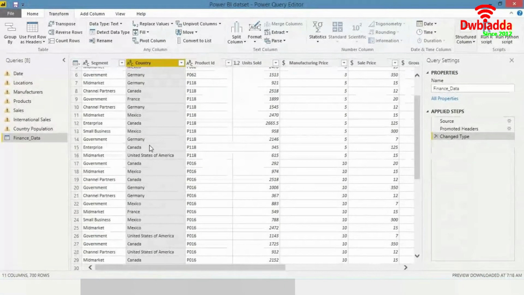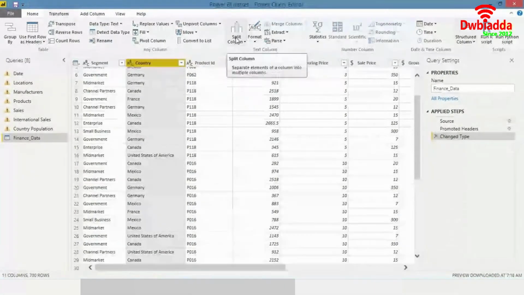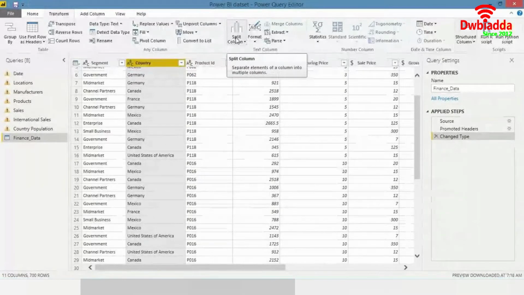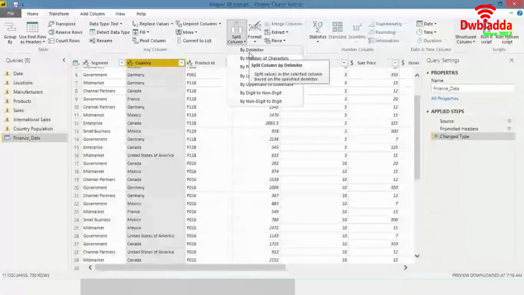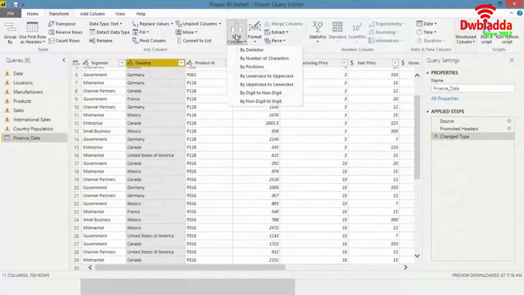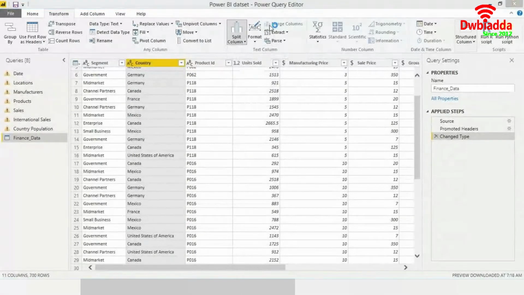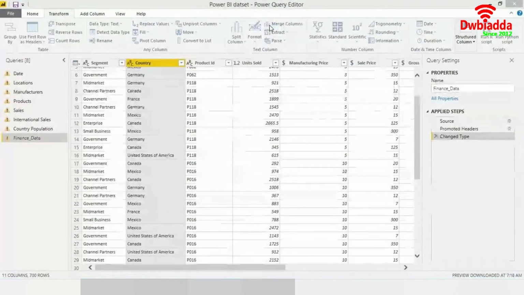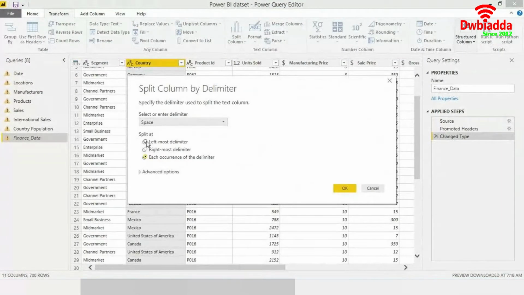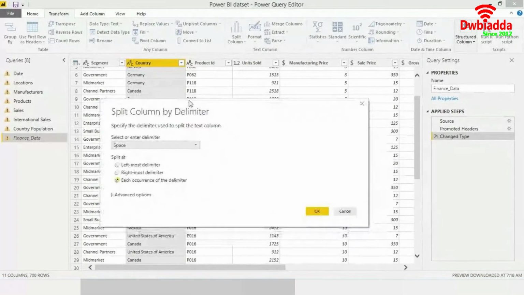Power BI gives you the functionality to split a column into multiple columns. For that, you simply need to click on split column over here, and you can split the column by delimiter. You just need to mention the level that you want to split the data at, for example at each occurrence of the delimiter.